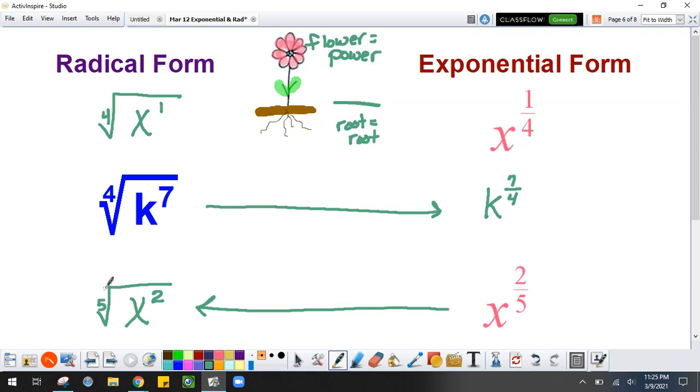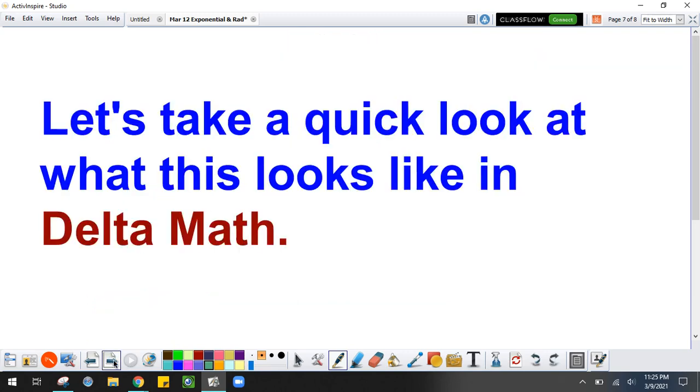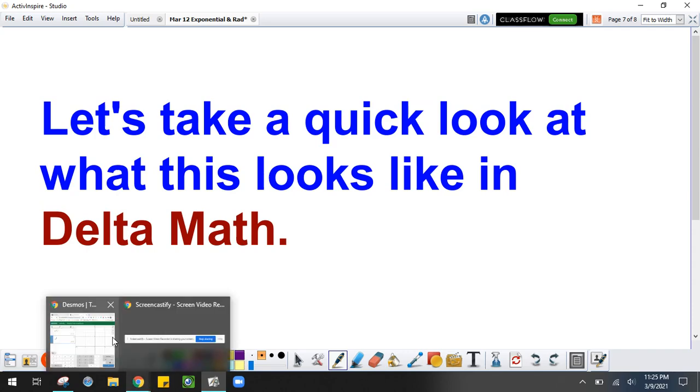That's what you're going to be doing today, practicing going back and forth between exponential and radical form. So remember this flower power is the top of your fraction, and the root is the bottom of your fraction. So let's take a quick look at what this looks like in Delta Math, because that's where you will be